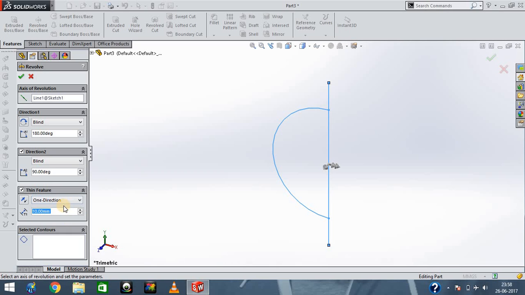Select one direction and let the thickness be 10 mm, or select it as 5 mm. Next is selected contours. Which contour or which